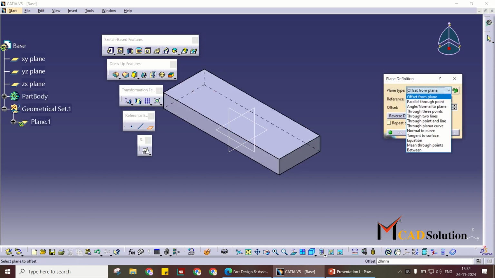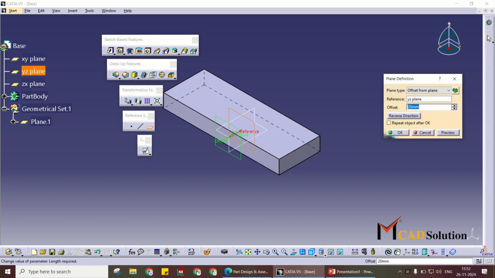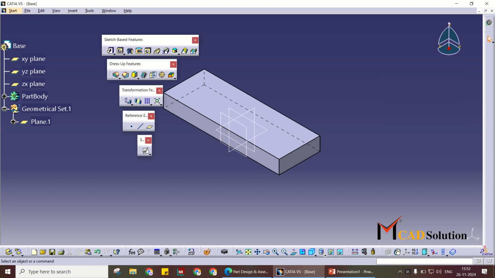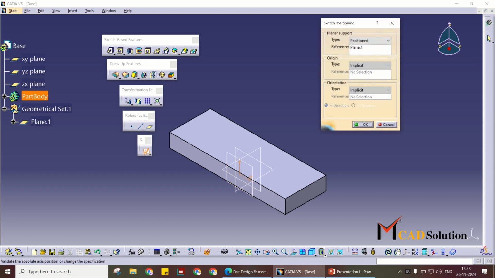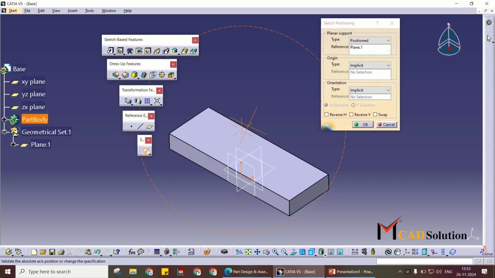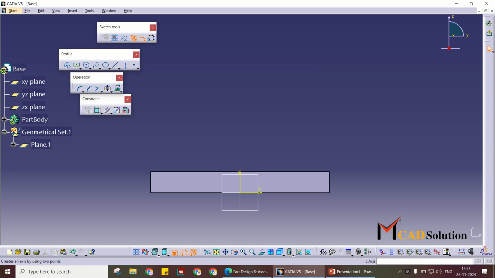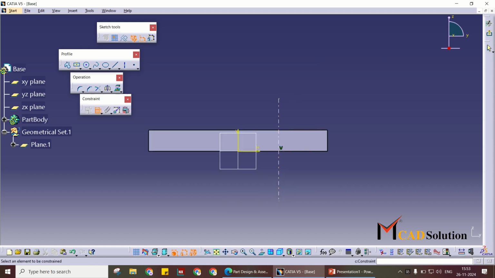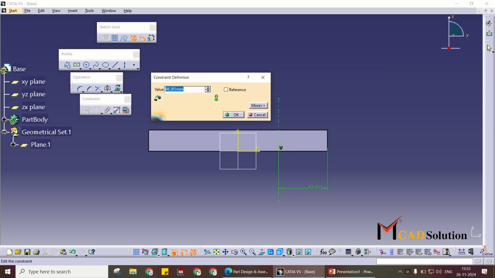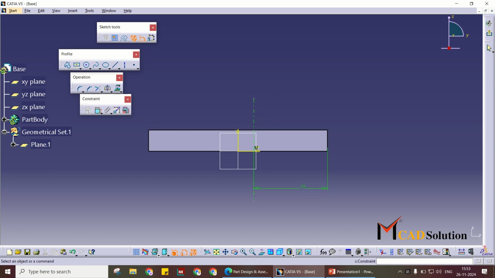Plane, I have selected front plane, offset from plane, offset distance is 12. Okay, so 45. Position this new plane. Then I have created axis line here. Distance between edge and axis line is 70. Okay, 70. Now